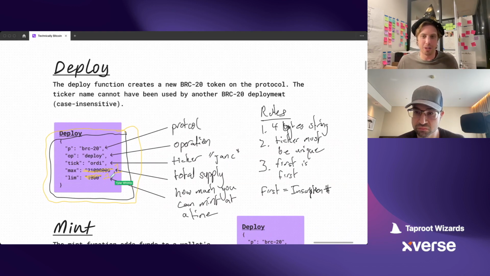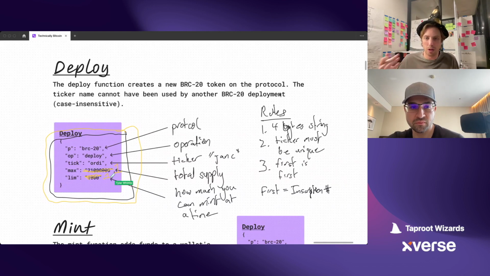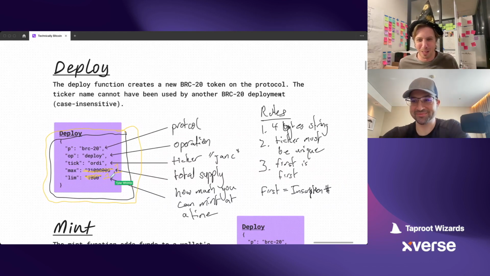When we talk about this protocol existing, what's actually happening? Well, there are people running these BRC-20 indexers out there. And the BRC-20 indexers follow all the rules we just described, right? They check that, okay, there's a new deploy function. Okay, let's see if it's first. Let's make sure the bytes are correct. Let's make sure the ticker hasn't been used before. Okay, we've done all these things. Great, deploy it. But really, the protocol is just defined by these rules that we come to social consensus around. There is no grand law of the universe that says BRC-20s must have 4 bytes.